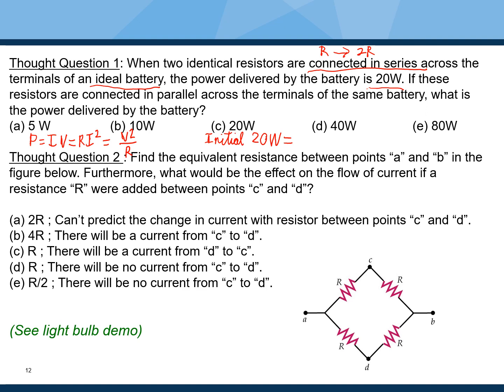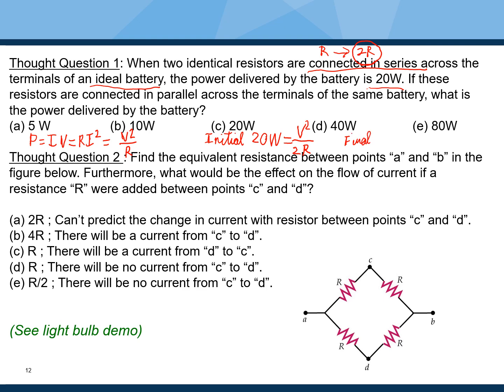And in the first situation, let the battery supply a voltage V. Then the power consumption will just be equal to V squared divided by the equivalent resistance for the series configuration that we have found, which is 2 times the resistance of each individual resistor. In the final configuration,